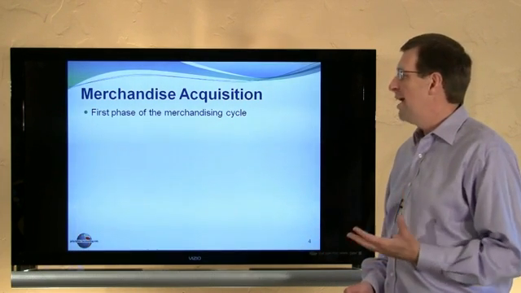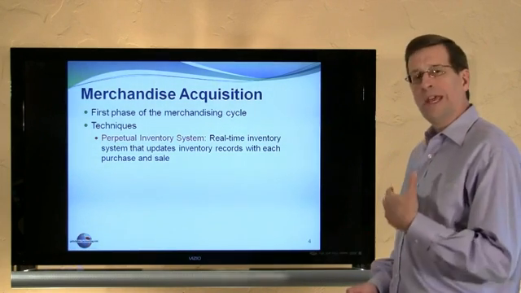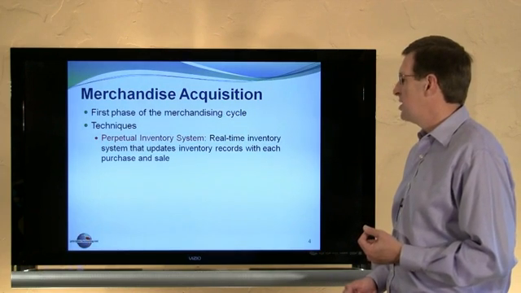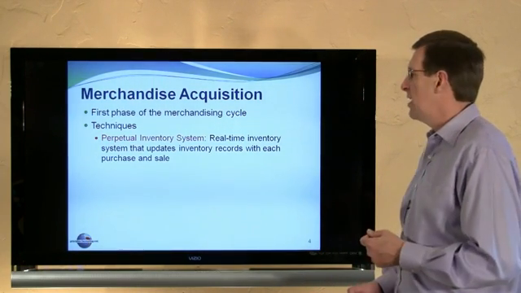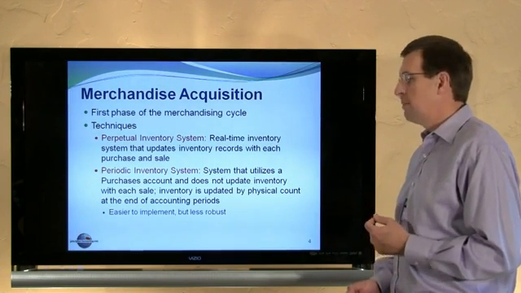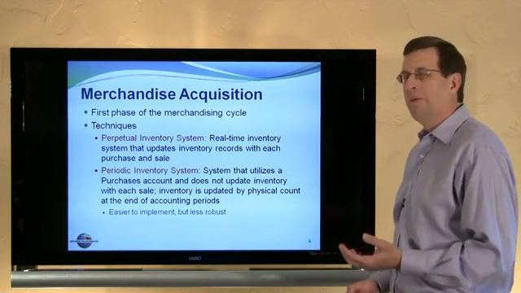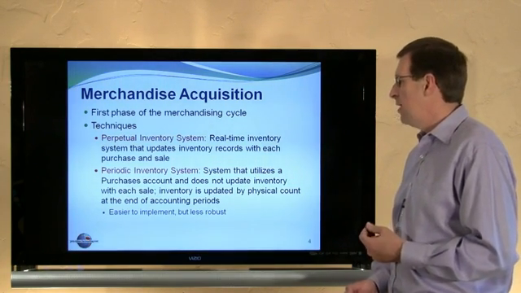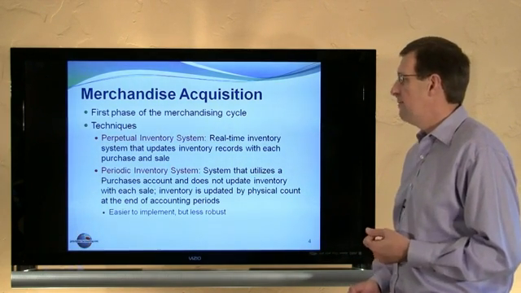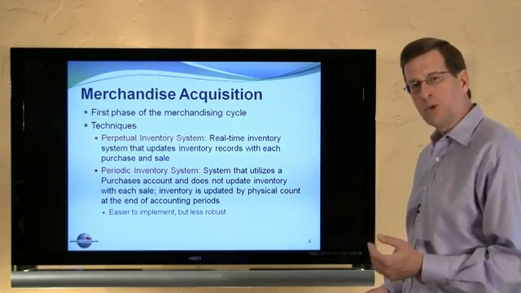The first phase of acquiring inventory is the acquisition, and inventory acquisitions, or really inventory in total, can be accounted for under a perpetual system, which is a real-time inventory system that updates inventory records with each purchase and sale transaction, or with a periodic inventory system. This is a system that utilizes a purchases account. It does not update the inventory records with each transaction. We determine our ending inventory by a physical count. The periodic system is easier to implement but far less robust in terms of providing accounting information. Again, this particular module is going to look at the periodic system,